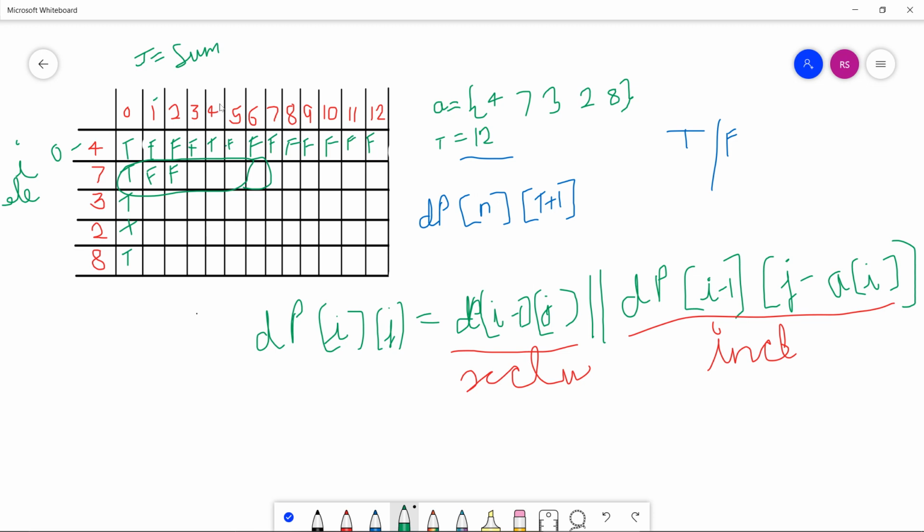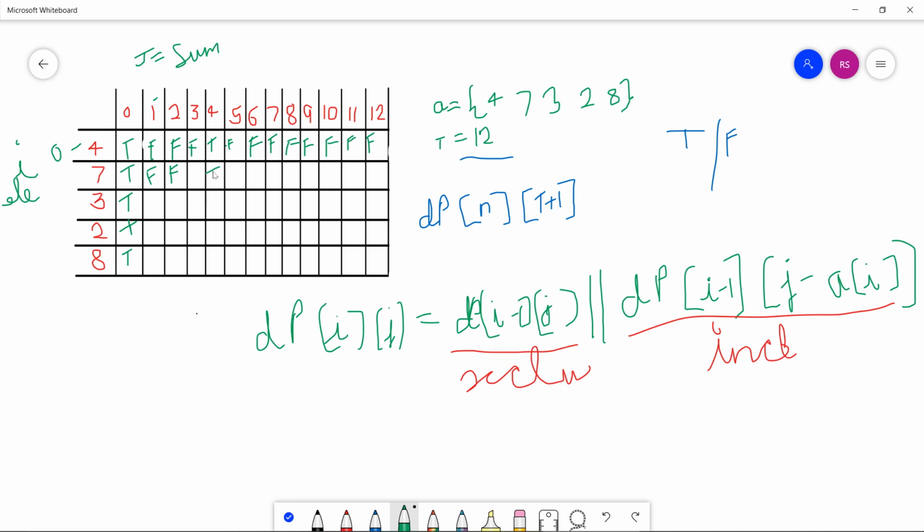We are taking this 4, and we have to tell whether the sum 4 is present or not in this subset. 4 is already present in the upper row as true. So in the array of the elements 4 and 7, it already gives the sum 4.